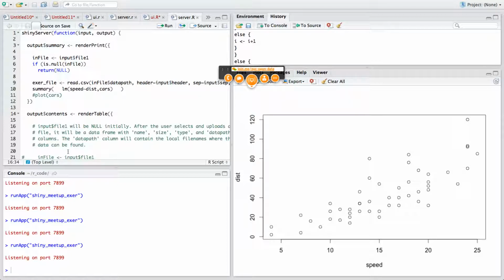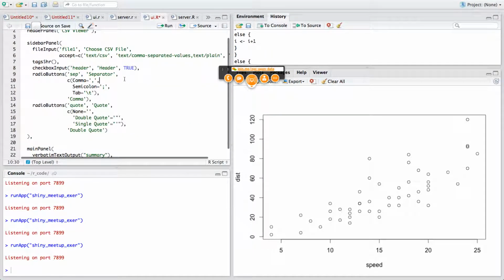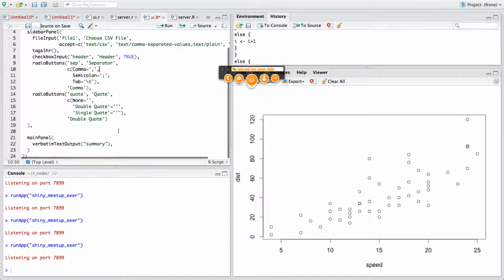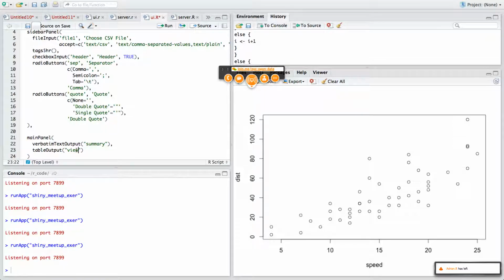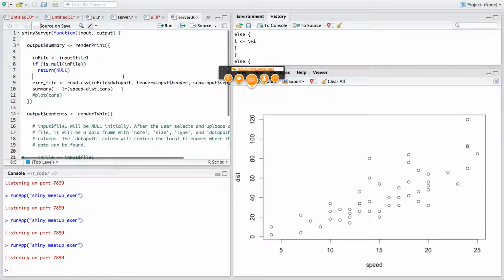Contents and summary? Or summary and contents? That's the names. Which part? In UI. Where? In main panel. What should I put? First the summary is fine, and then the next one is table output contents. Why are we changing this into content? Because that's the name in server.R, the variable. This one? Contents,